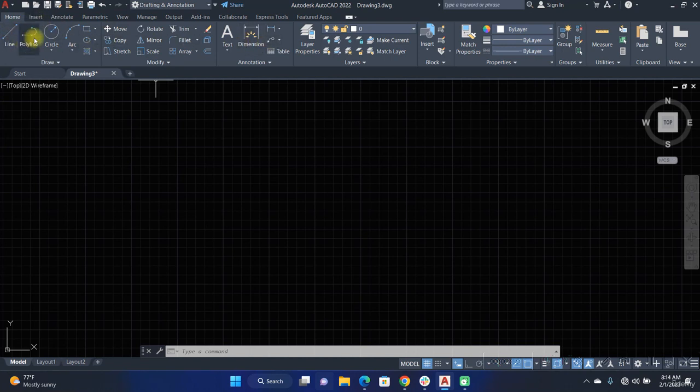So the line, polyline, circle, move, rotate, text, and these are all ribbons, and they belong to various panels. This is the draw panel, the modify panel, right? And here is where we have the